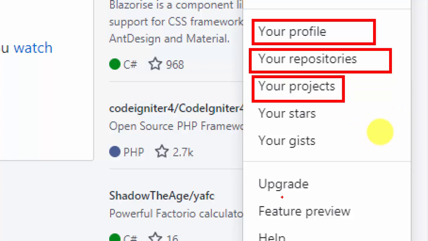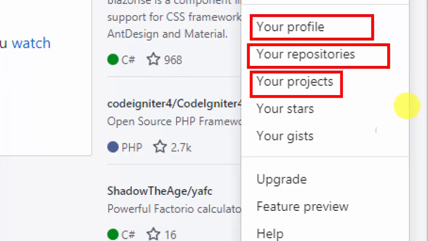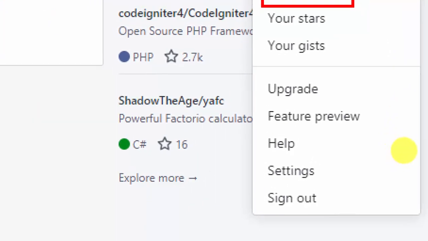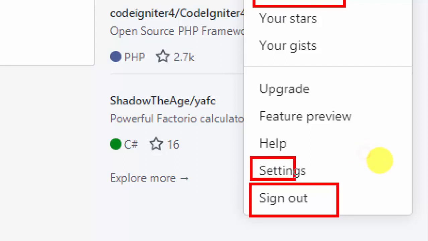And there are other things here too. After completing this, you simply sign out from GitHub, and this is the setting.